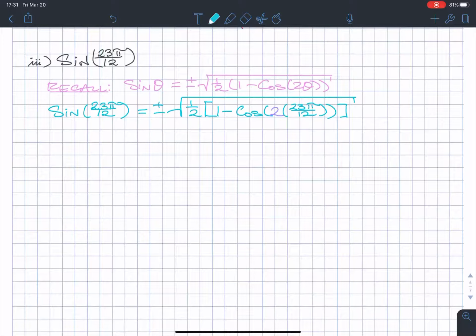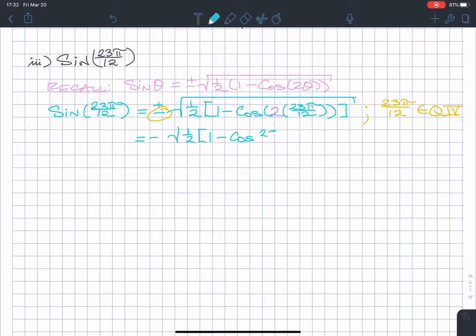Okay, so 23 pi over 12, where is that? Well, do you agree 23 pi over 12 is 1 pi over 12 shy of 2 pi? So this must be in quadrant 4. So the value for the y-coordinate, or sine, is actually negative in quadrant 4. So this will be negative the square root of 1/2 the quantity, 1 minus cosine of, well, this is going